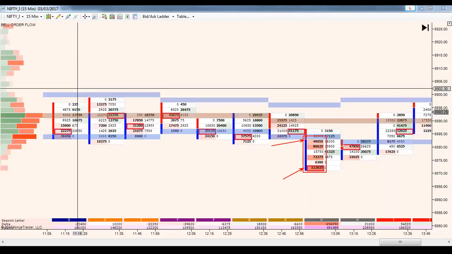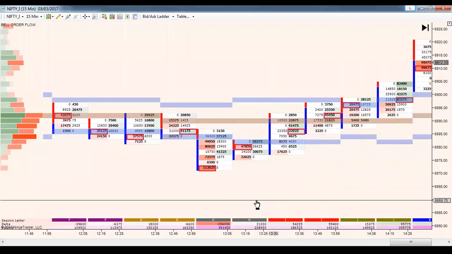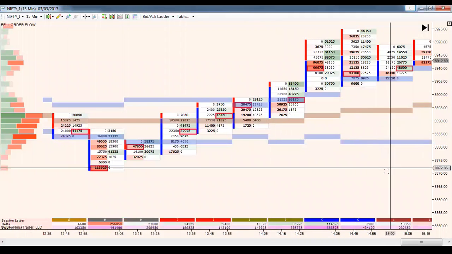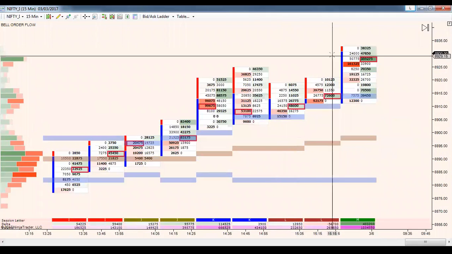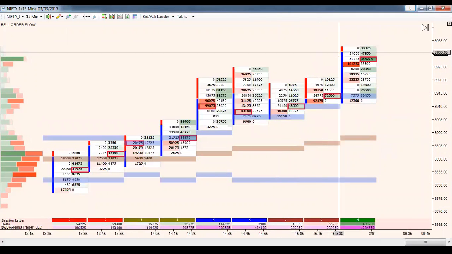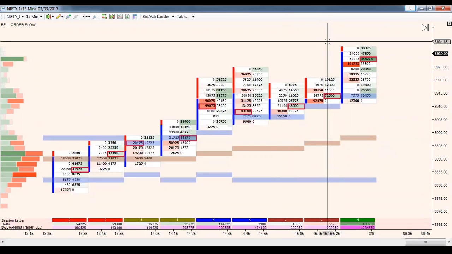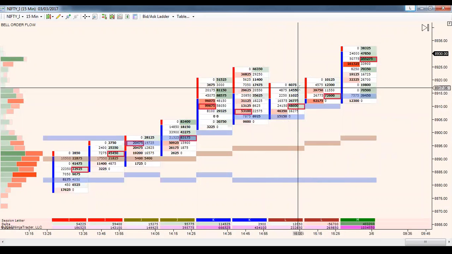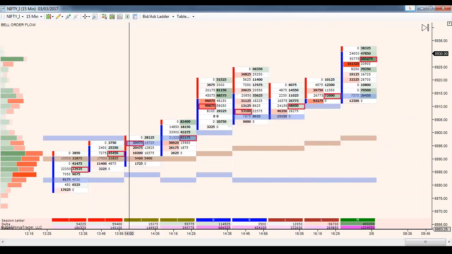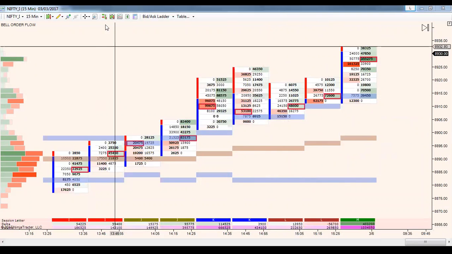We get a nice test on the very next bar, and then the rest, you all know what happened. We just moved higher, and it was a nice long trade, trading with the smart money, closing right at the highs. One might be tempted to carry the longs. I don't know, some of you might have, but I prefer not to be on the wrong side of the main auction. We have this particular development.